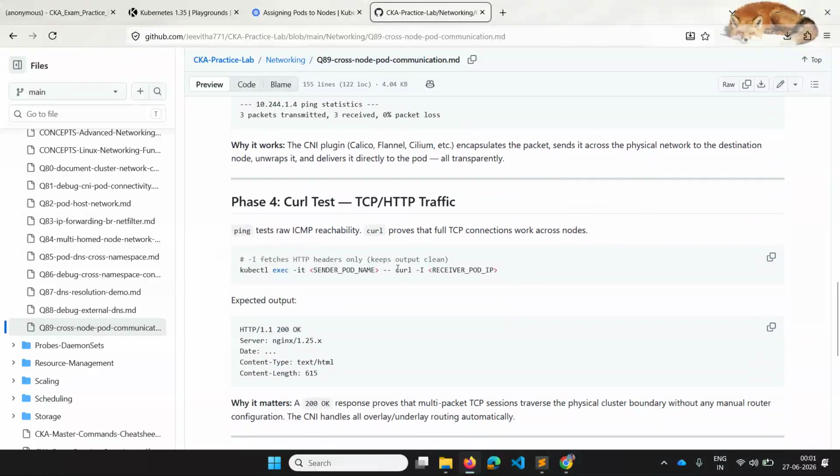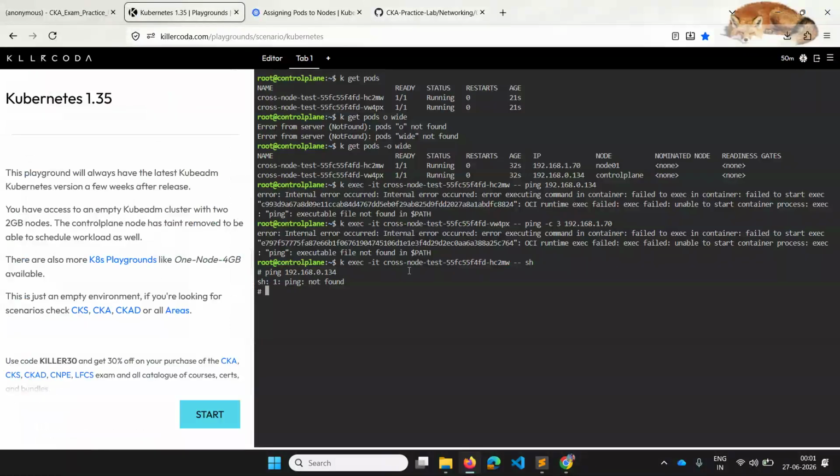I want to curl the other pod's IP just to see if this works. I'm actually getting an HTTP OK. So that means I'm able to reach the second pod from this first pod, and it also works vice versa. I think there is some problem with the ping; something has to be fixed for the ping.